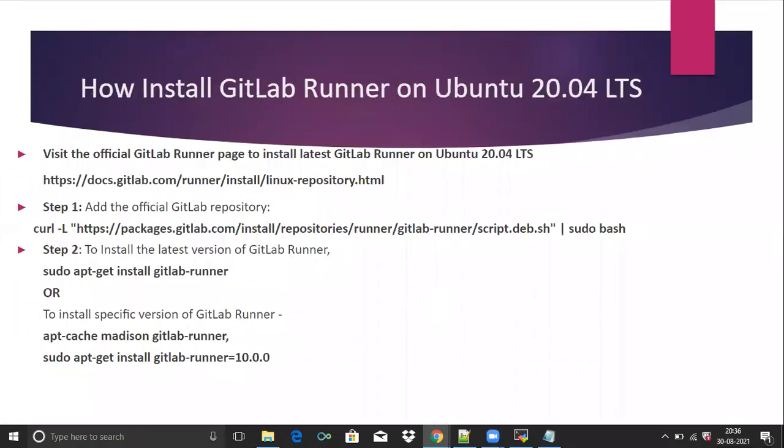So how to install GitLab Runner on Ubuntu 20.04 LTS. Firstly, visit the official GitLab Runner page to install the latest GitLab Runner on Ubuntu 20.04 LTS. Go to this documentation.